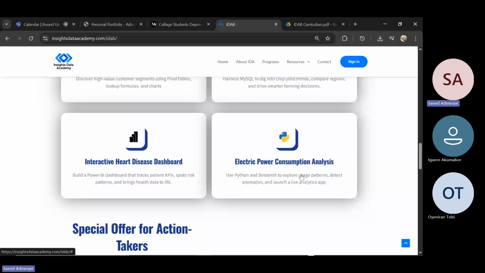Likewise, you leverage some tools like Streamlit. Streamlit is quite different from Power BI or Tableau or Google Looker Studio and the likes. It's also dashboarding, but it makes you write Python to visualize any dashboard seamlessly.